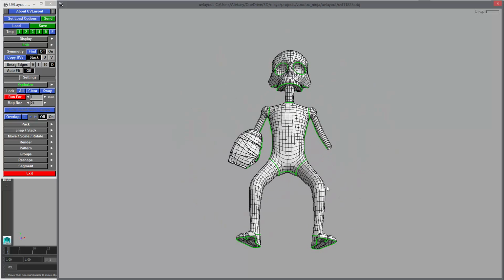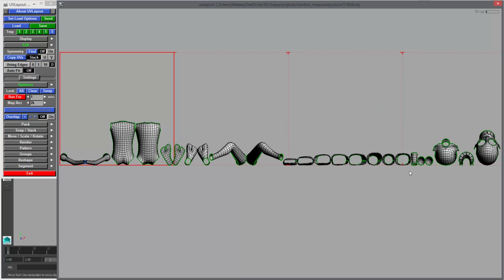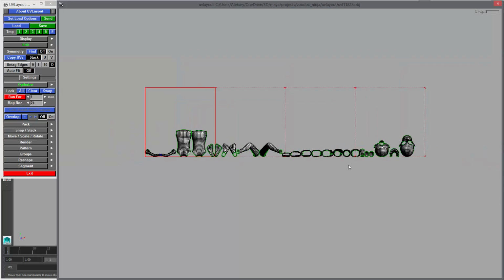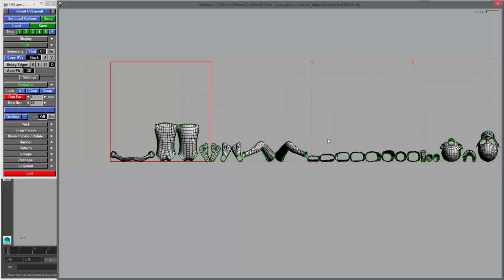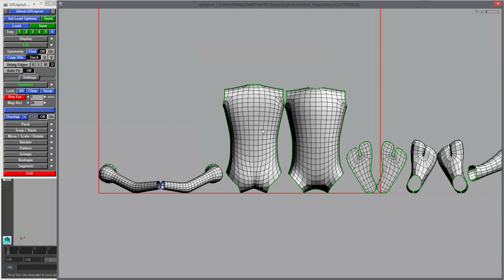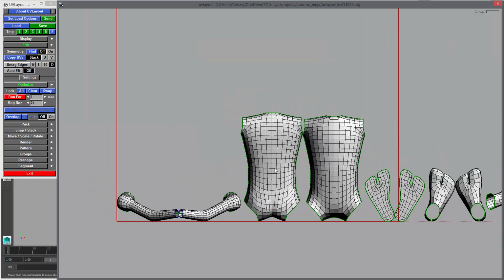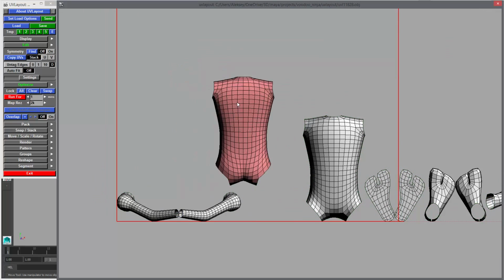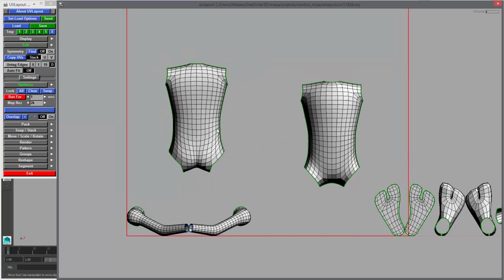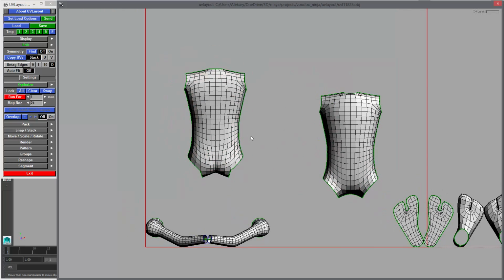Now we can press U. This will take us into UV view. And here we have our UV tiles and all the objects laid out. If you hold spacebar and middle mouse button, you can drag things around. So once you decide which one you want to work on, just mouse over the shell you want to work on and hold F,